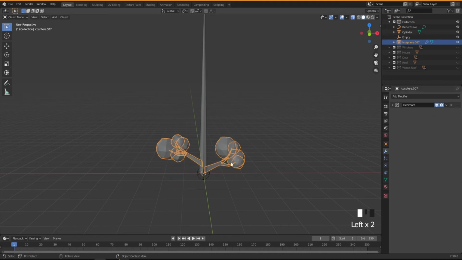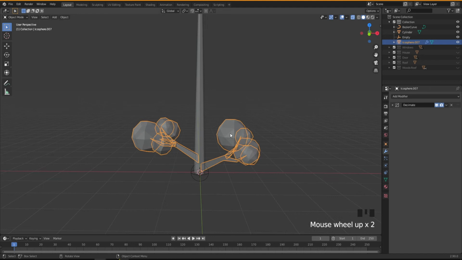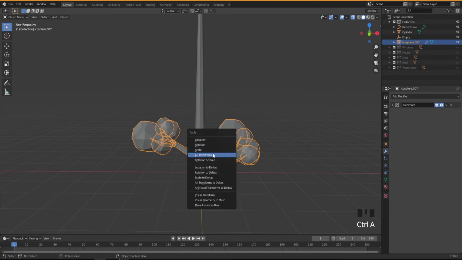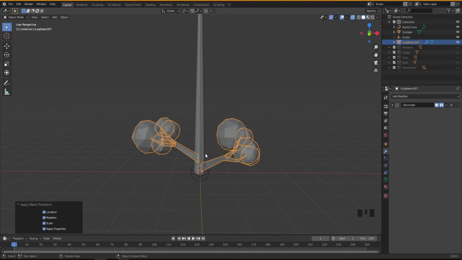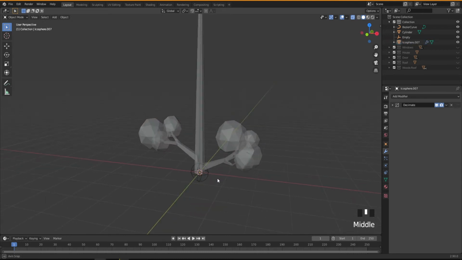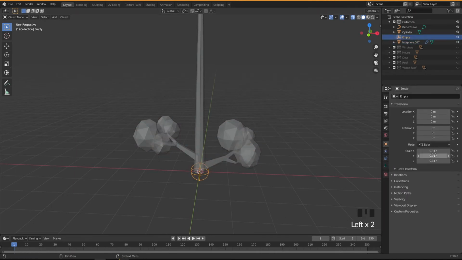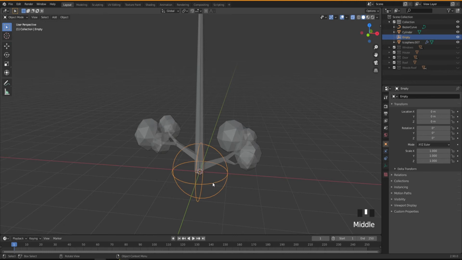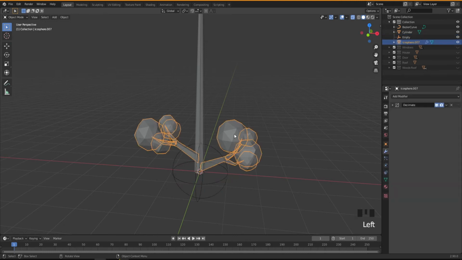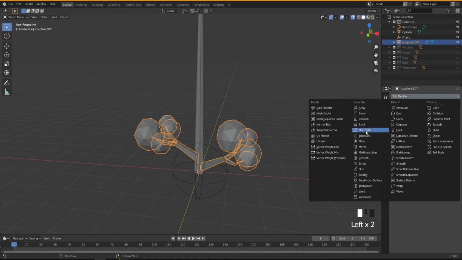And then what you need to do when you have this kind of problem, you just press Control A, and then all transforms need to be reset. So reset this one, that should fix the problem. And now if we select this one, let's make the scale 1 again. So this is our empty. If you remember, we want it to be just as when you add it to the scene. So we just bring it back to our original. So I'm gonna select this one, and now it should fix the problem.